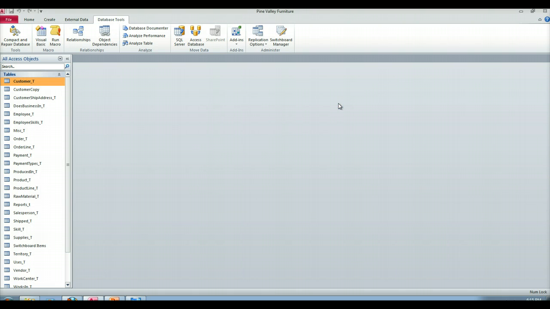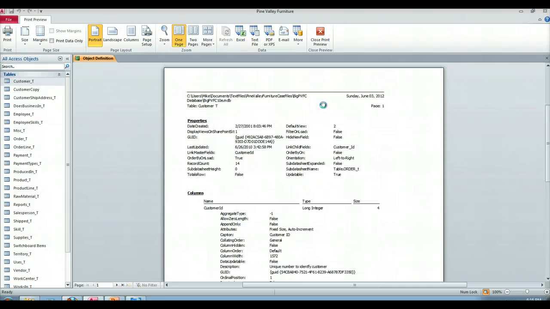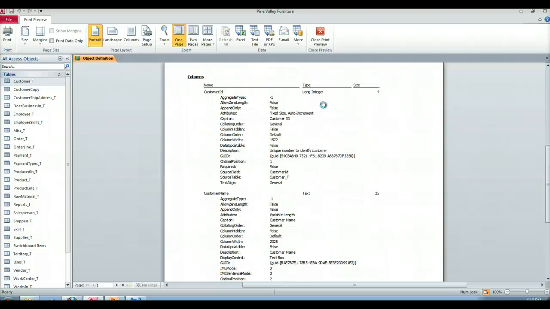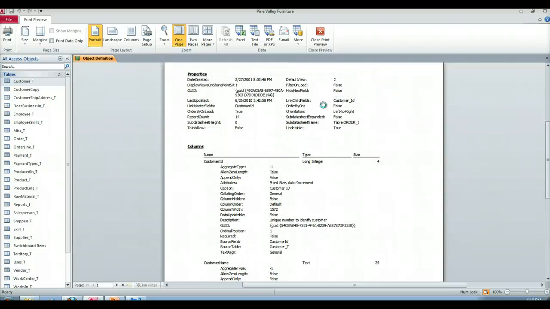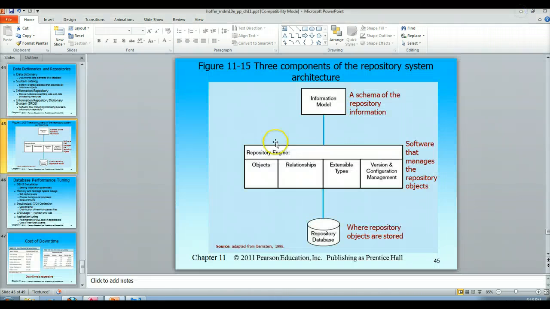And then when you click OK, it'll go in and it'll actually show you all of the information associated with the data dictionary for the customer T table. So you can see where it's located, its properties, how big is it, who owns it, is it updatable, gives you all the information about all the different columns and all the properties of all the different columns. So just realize, even in something like Microsoft Access, you're going to have a data dictionary